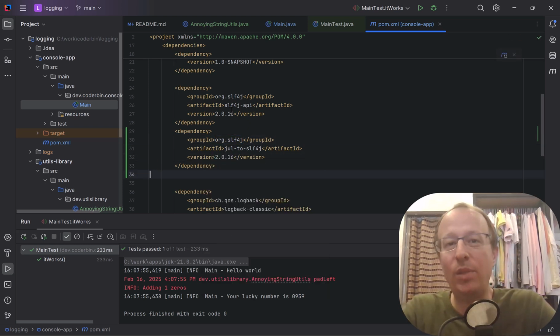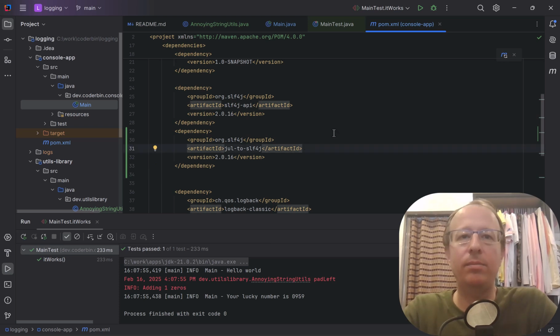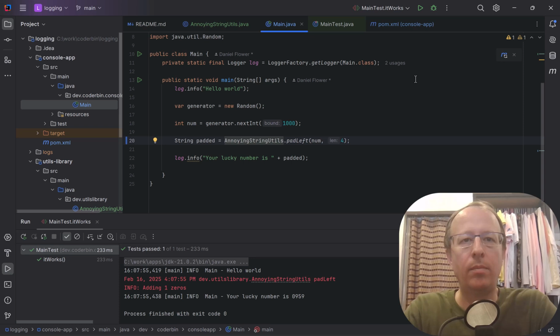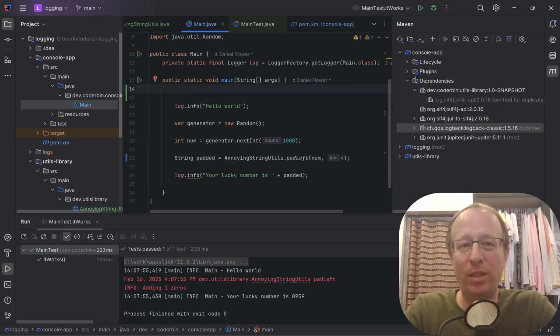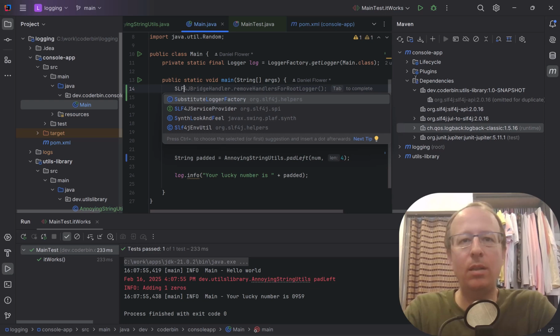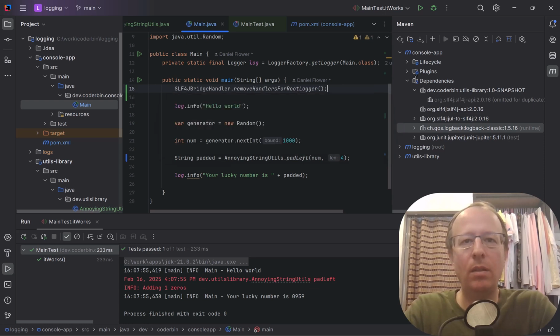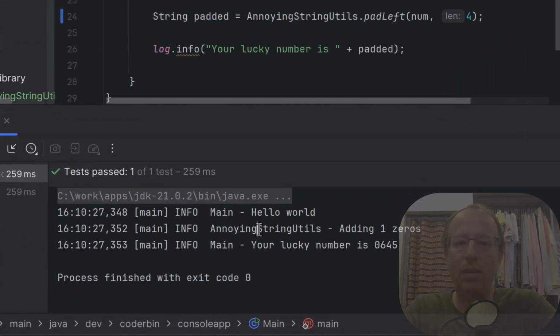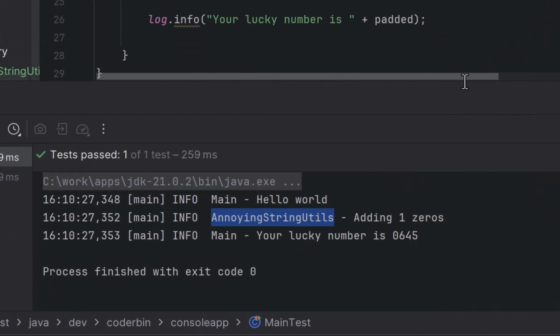And we need to keep it as a compile time dependency because we need to initialize the class. So to do this, we come to the top of our main method and we need to run 2 magic lines from this bridge. So the first one is removing the default config, and then we install it. Now when we rerun things, the annoying string utils are going via SLF4J as well.